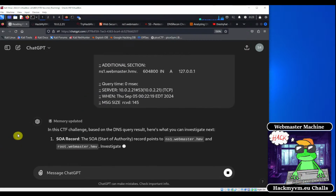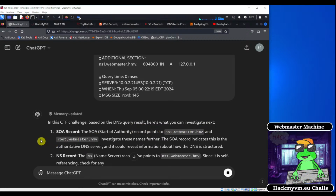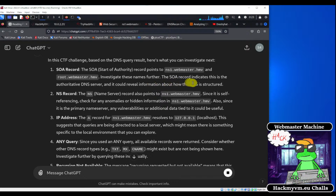In the CTF challenge, based on the DNS query, you can investigate next. The record points to ns1.webmaster.hmv and root.webmaster.hmv. Investigate these names further. The SOA record indicates that this is the authoritative DNS server and could reveal information about how the DNS is structured. The NS name server record also points to